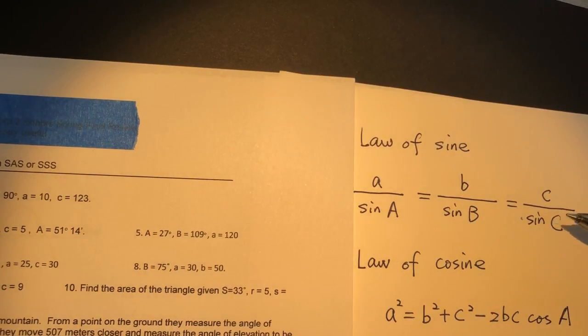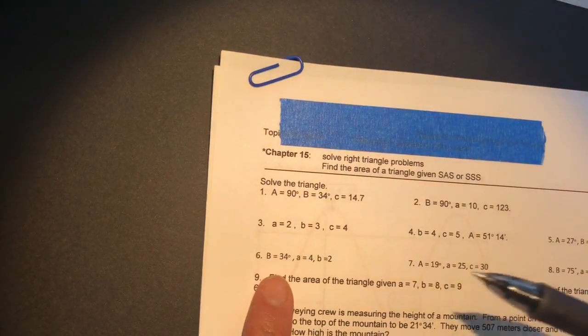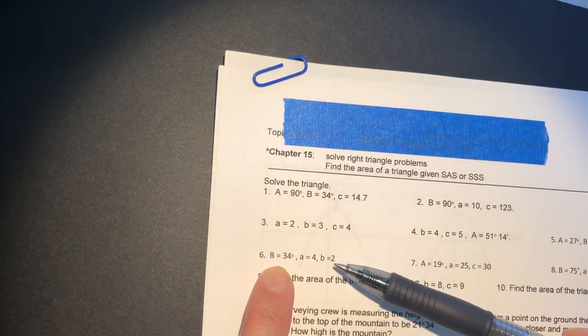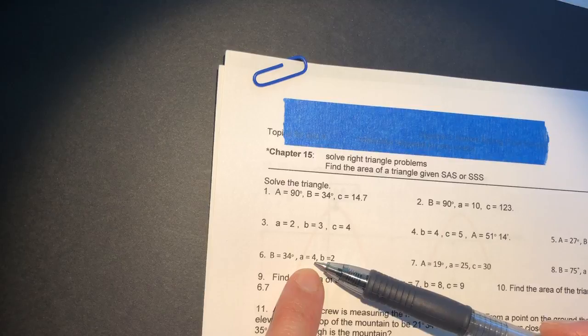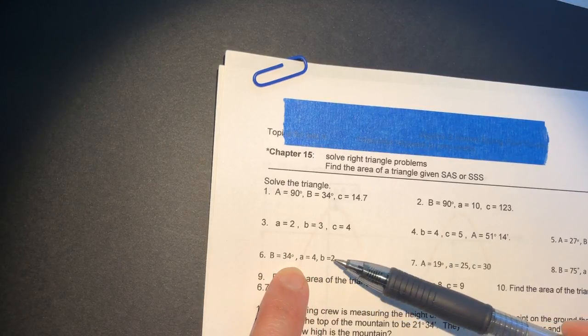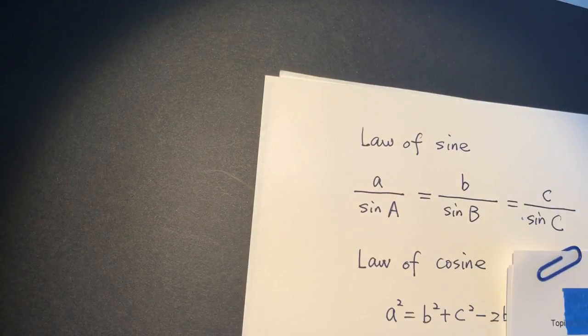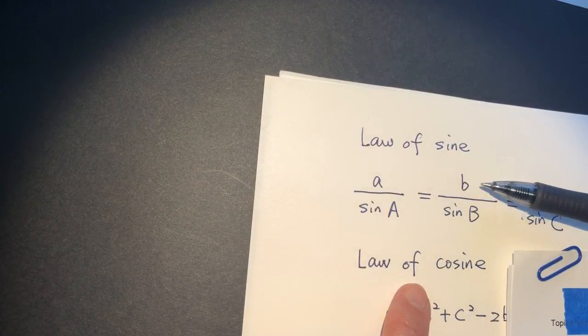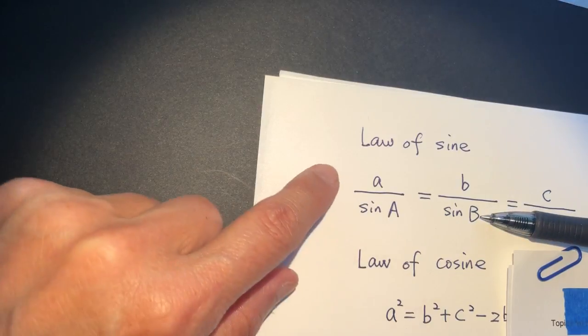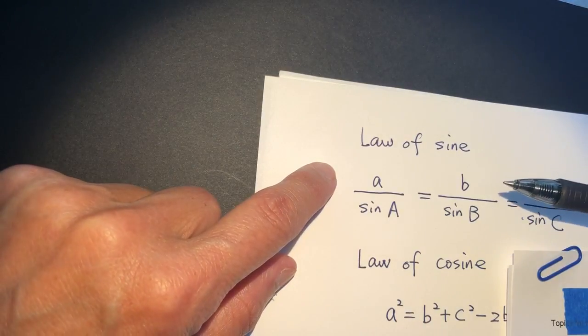So this is law of sine. Here, B and side b, angle B, side b, and side a. So this one must be law of sine. Why? Because we know b, sine B, and the angle, and then we know another,